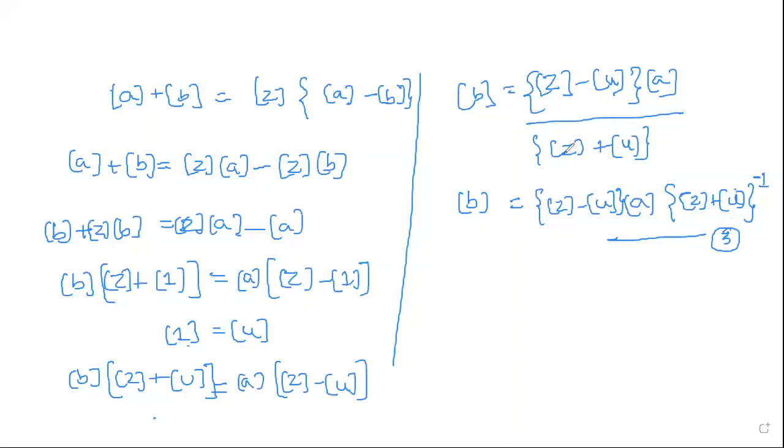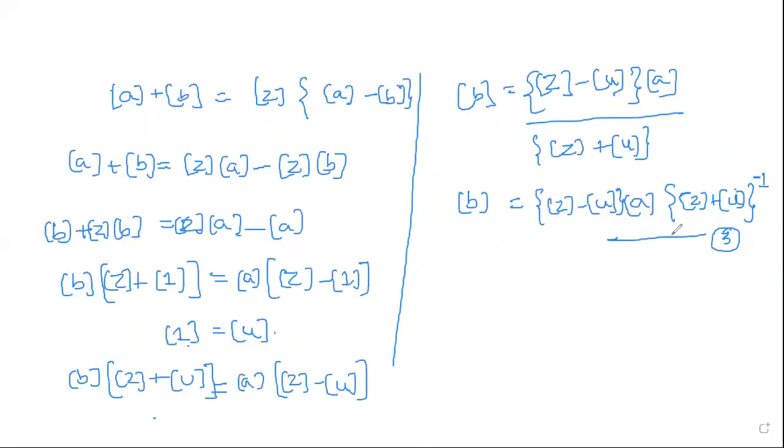Any confusion till here in writing the equations? It is just multiplication. Bring the same terms to one side, B term, A term. From that, replace 1 with U, which is the unity matrix. Then write the equation for B, bringing the denominator to the numerator, which is the inverse.